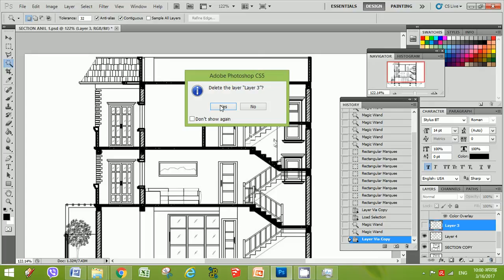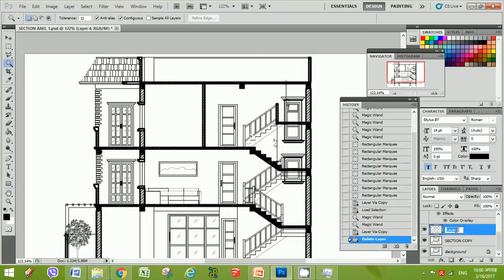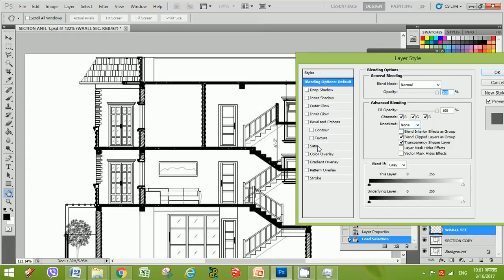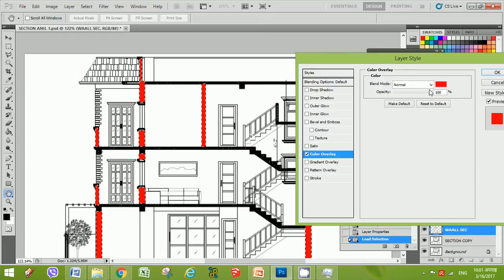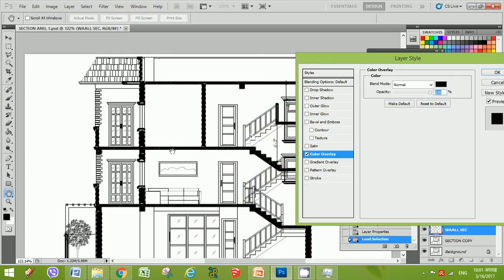When you've made the copy of your walls, rename it as wall. Now select the pixels, then use blending options. Go to color overlay and use black because it gives more of a dramatic kind of feel to the building. So once adding black,